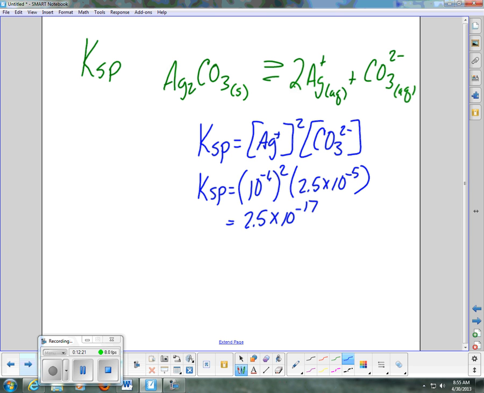The KSP is like saying this is what a saturated solution can hold. Okay, so if this number right here, which we actually don't call KSP, we call it Q if it's not at equilibrium. So if it's not at equilibrium, we call it Q. So this is Q. Okay, and I compare Q to the KSP, which they gave me, which was 8.45 times 10 to the minus 12. Which number is bigger? This one is bigger than that, right? So because this is bigger than that, this is a non-saturated